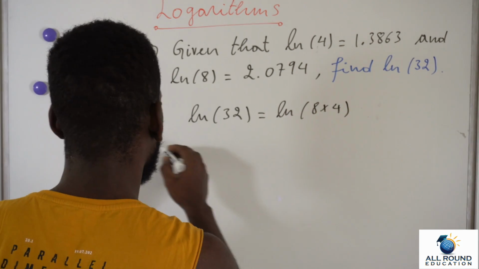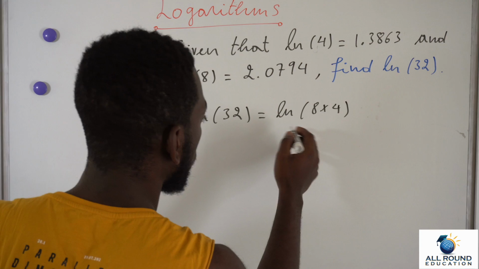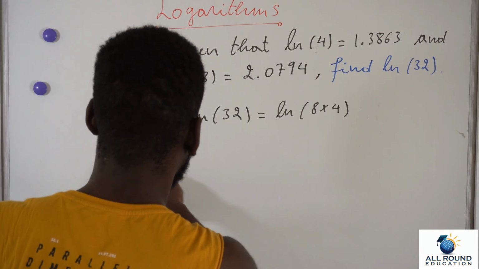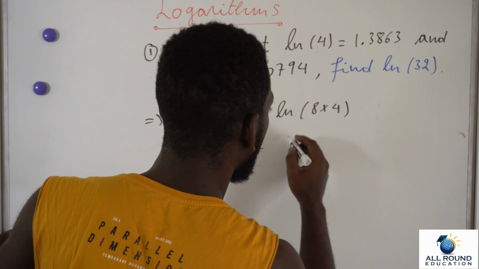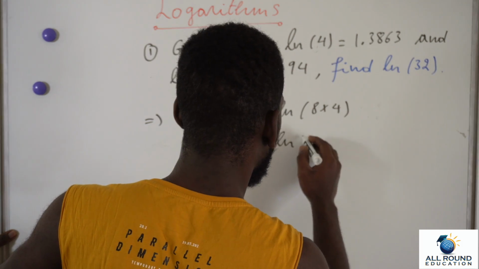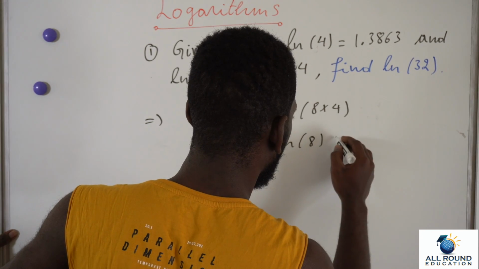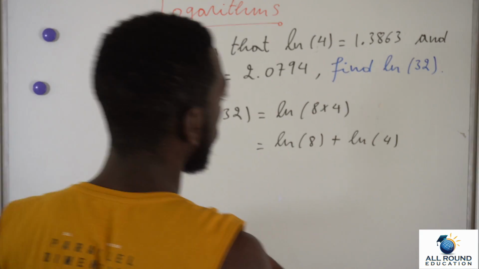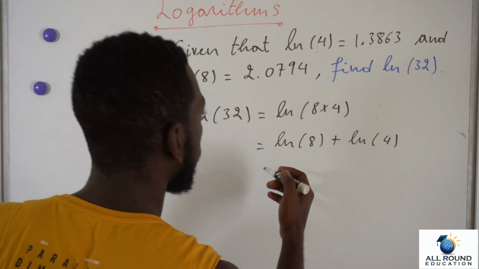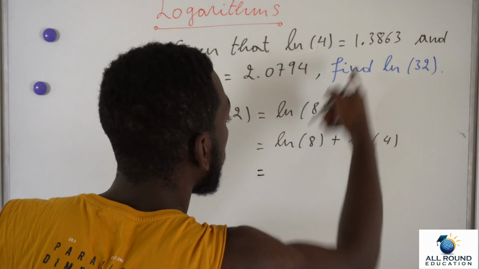Using the product rule, we know that this is the same as ln of 8 plus ln of 4. So it's basically those two numbers, which is